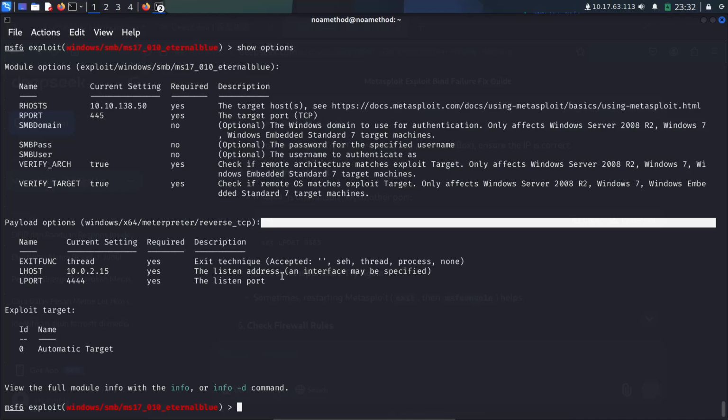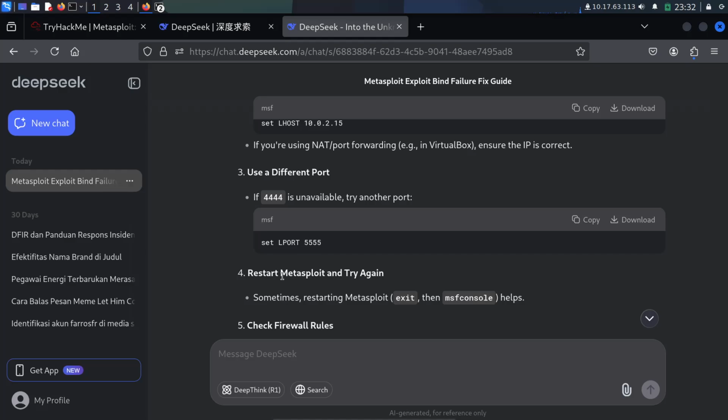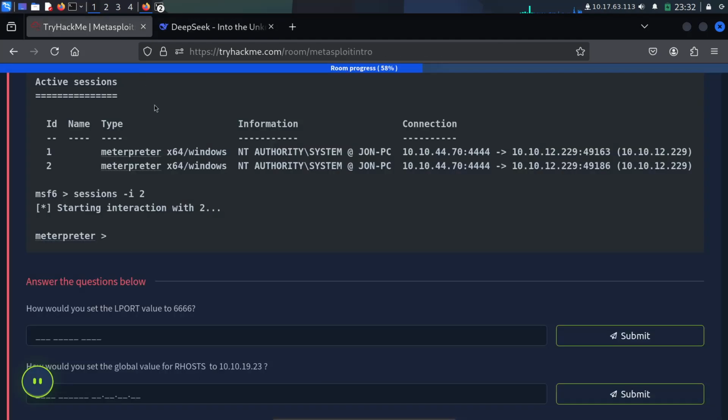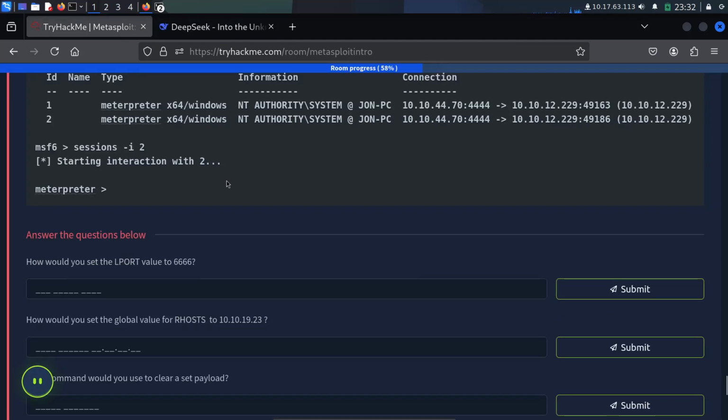Maybe we can start to answer the questions. Let's start to answer the questions. How would you set the RPORT value to 6666?